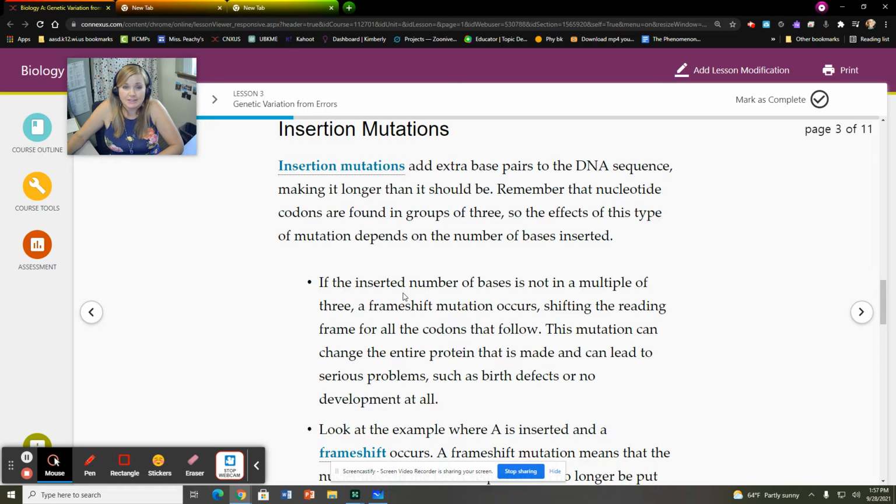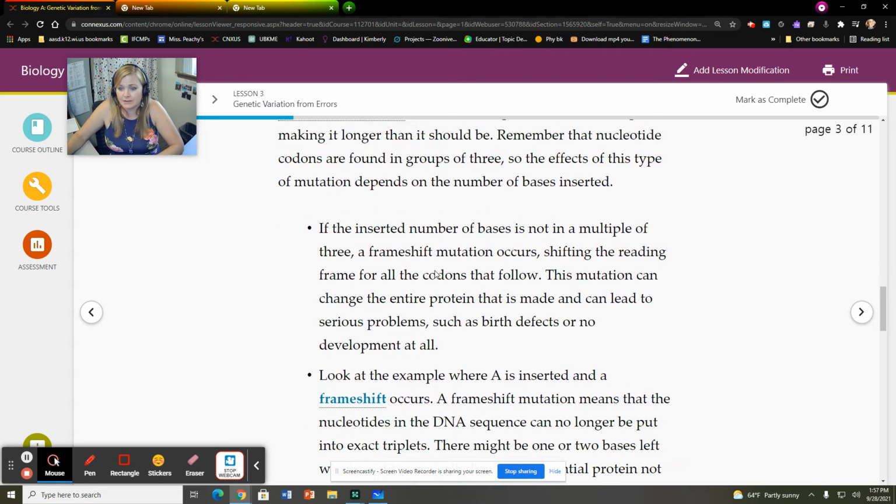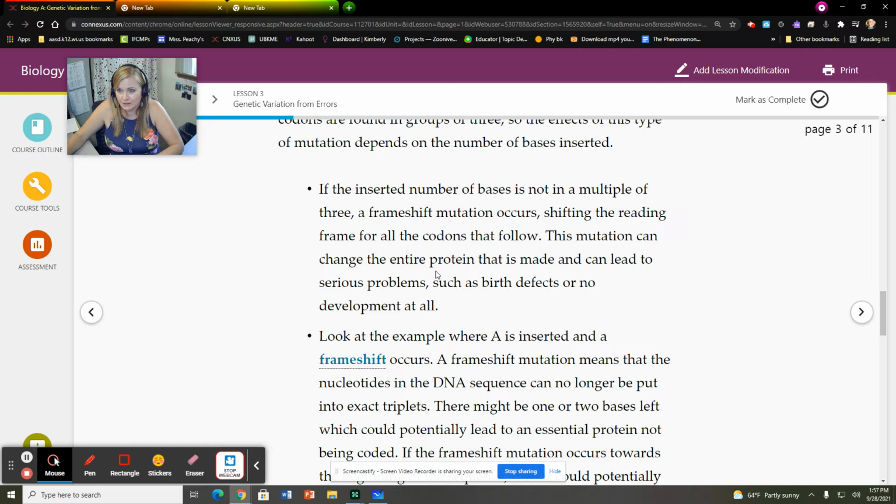An insertion mutation is just, instead of putting the wrong thing in, you're putting something extra in there. So an extra base is put in. This can be more catastrophic to some degree because it ends up being something called a frameshift mutation, and this depends on how many bases are inserted. Let's say you just insert one additional base. Well, then everything moves over one. Remember, they're read three codons at a time. So if I stick something in the middle, all of a sudden we're reading it,